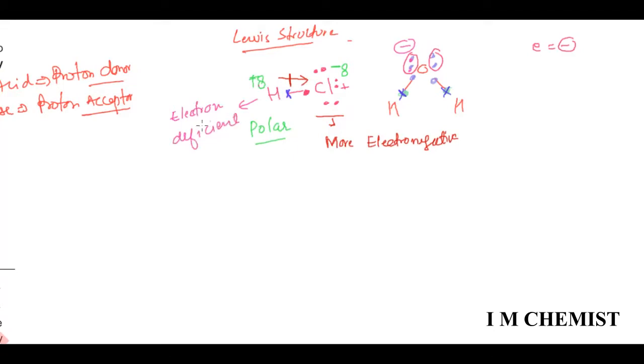Chlorine. Hence, this is acting as an electron deficient hydrogen atom. So this negative charge is going to attack this positively charged hydrogen atom. This negative charge having a lone pair of electrons will attack this partial positively charged hydrogen atom, and if it attacks, there would be the formation of a dative bond, which we studied yesterday, the coordinate covalent